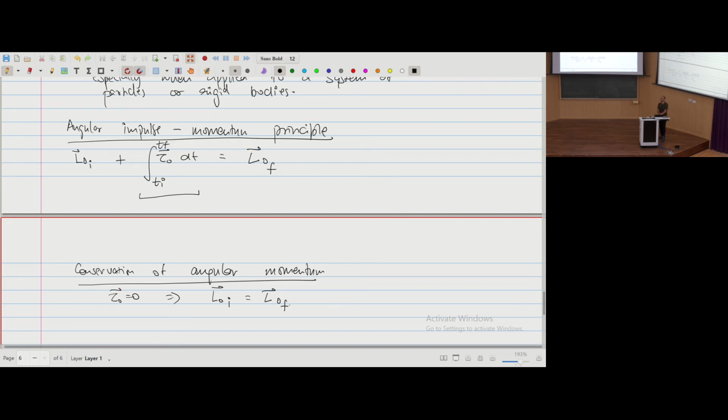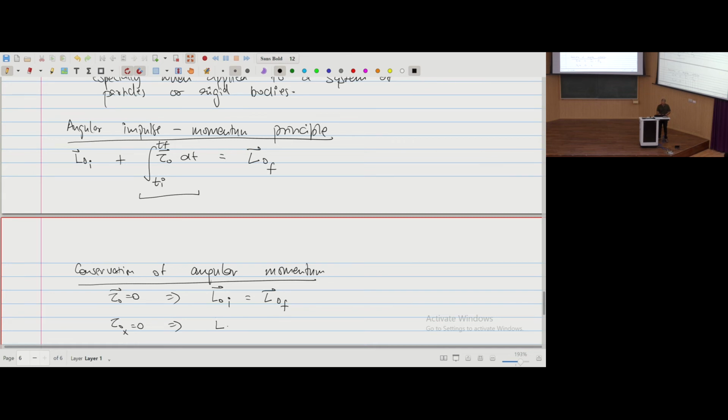There are situations where one or more components of torque are 0. In that case, the angular momentum in those directions is conserved. So, if, let us say, the x component of torque is 0, that means the torque about the x axis is 0,